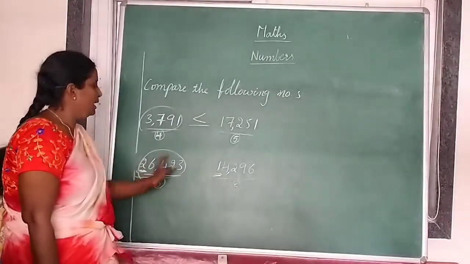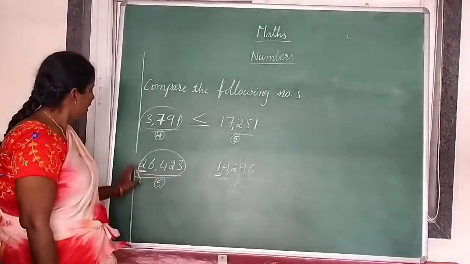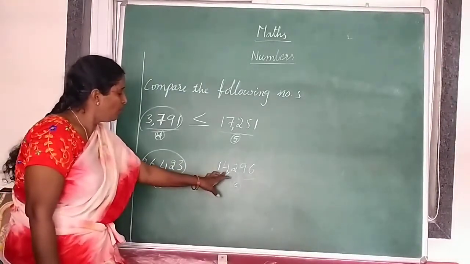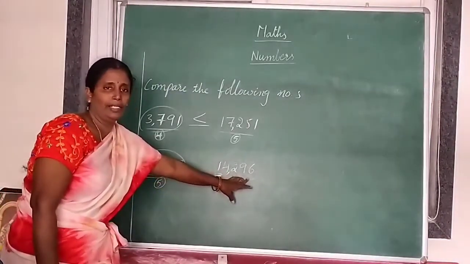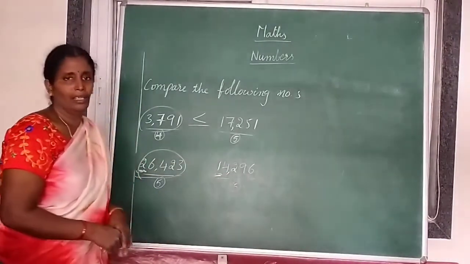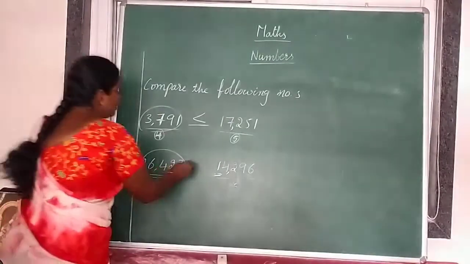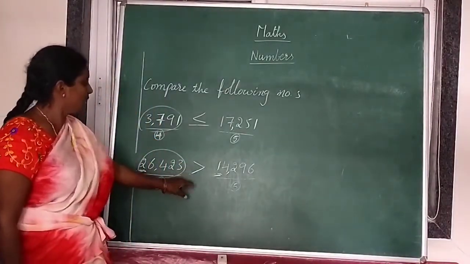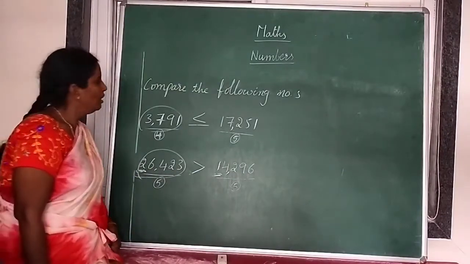So 2 is greater than 1, because of that 26,423 is greater than 14,296. Understood? So we have to write the greater than symbol because the first number is greater. Understood? And next,